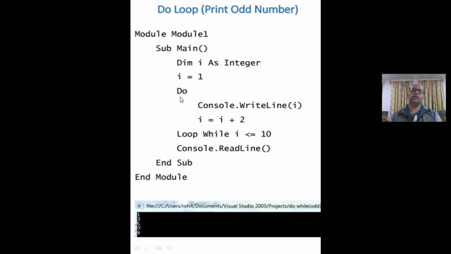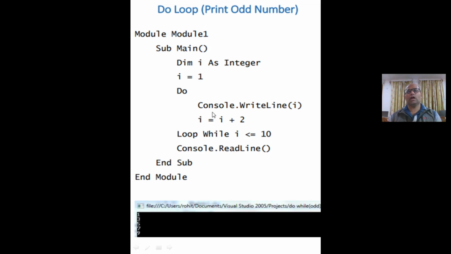After entering the do loop again, Console.WriteLine(I). The I variable contains 3, so the Console.WriteLine method prints the value 3.